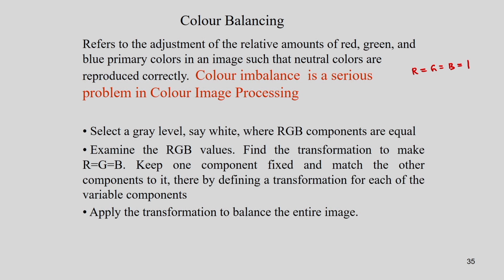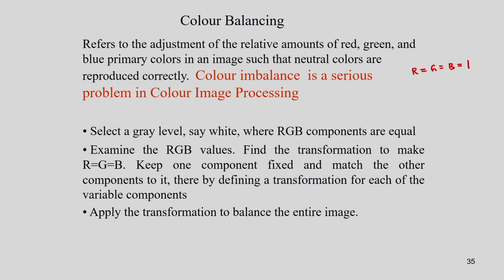So for this I have to do the color balancing, and any one of the components may become weak. The components may be R component, G component and the blue component. So any one of the components may become weak, and that is why the color mismatch will occur. So that is the problem of color distortion. So for this I have to do color balancing. One example is in the case of the digital camera, generally the blue channel is noisy as compared to R and the G component. So in this case, what is the procedure of the color balancing?